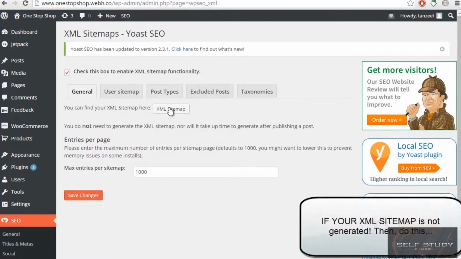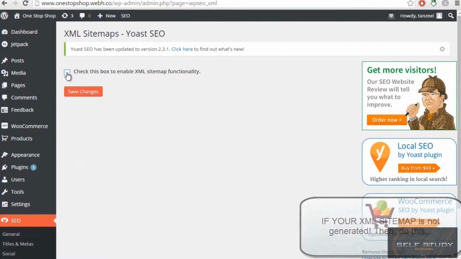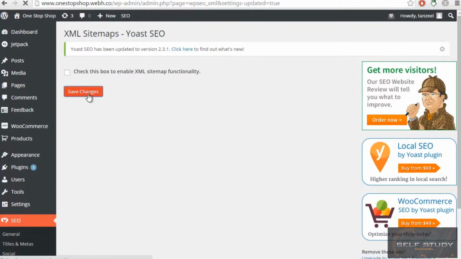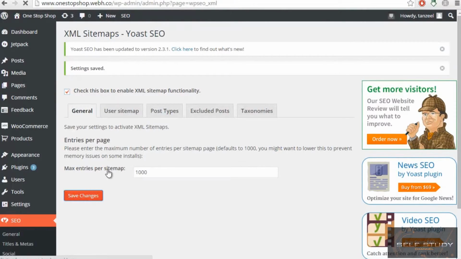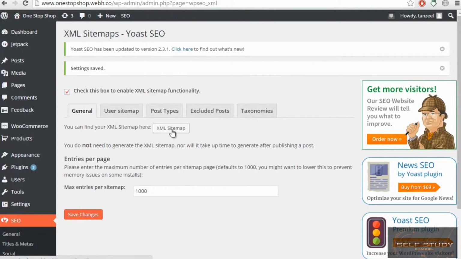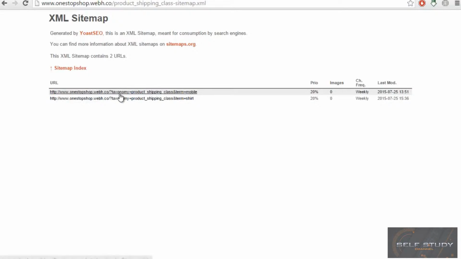And you will see here if it does not come. Okay, so if your XML sitemap is showing an error, then what you have to do is just uncheck it, save changes, and then check it again and save the changes again, and then your XML sitemap will be automatically generated. Here you will see your sitemap of the post, of the page, of the product or category, the product category and the shipping class. Okay, so basically it is used to tell Google